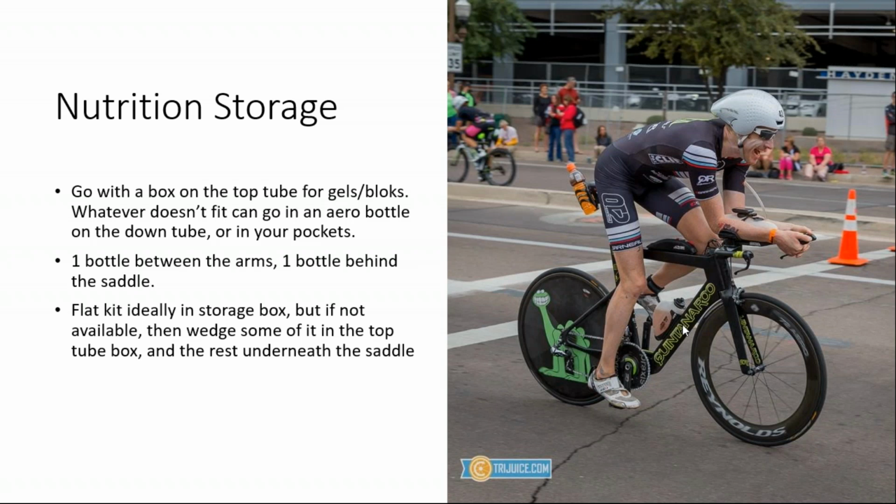Oh, and one other thing I should note, I hadn't gotten the fancy front brake yet, but Tririg makes a nice front brake. It depends if you want to buy it or not. It's about 100, I don't know what it's retailing for now. Maybe I want to say 150 bucks. In other racing photos, I have it on there. I guess I just hadn't bought it yet. But anyways, it's essentially just a regular old rim brake with an aerodynamic cover over it, so it'll save you a watt or two. If you're super into marginal gains,